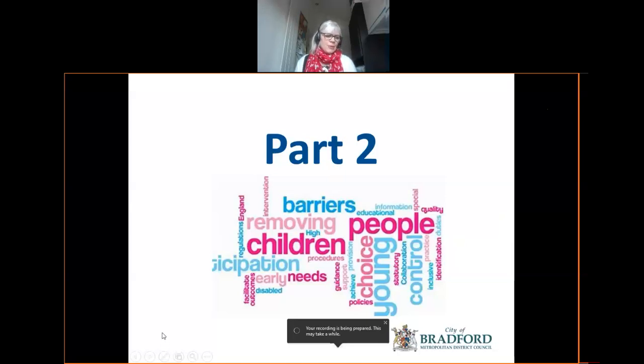I will now examine some more key documents, particularly in relation to behaviour and supporting pupils' social and emotional development and mental health and well-being. We will also look at the Code of Practice in further detail.